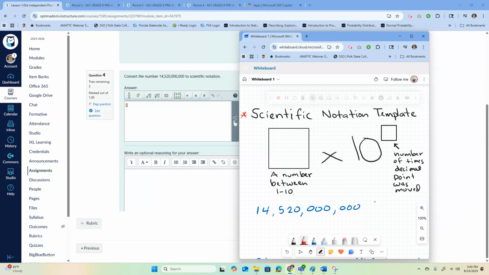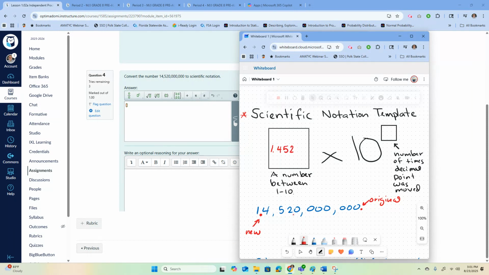So first thing I'm going to do is find the decimal point of this large number. When you do not see it, it's all the way on the right end. And I want to place the decimal point in a new location between 2 digits, so I get a number between 1 and 10. That's going to be right here, okay? So this is the original place of the decimal point, and this is where I want it now. This is the new place. Why I want it there? Because I'm going to get the following number,